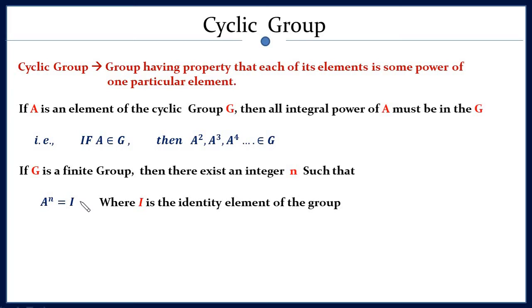Therefore, a to the power n plus 1 will be a, a to the power n plus 2 will be a square, a to the power n plus 3 will be a cube. So the cycle will repeat again. You will move from a to the power n, and then again the cycle will repeat, and these are already present, so they are not unique elements. Therefore, in your group you will have a, a square, a cube, dot dot dot till a to the power n. And because this cycle is repeating all the time, this group is called a cyclic group.